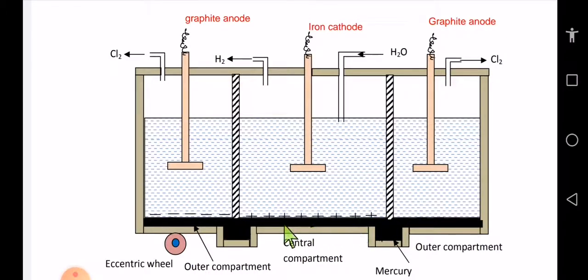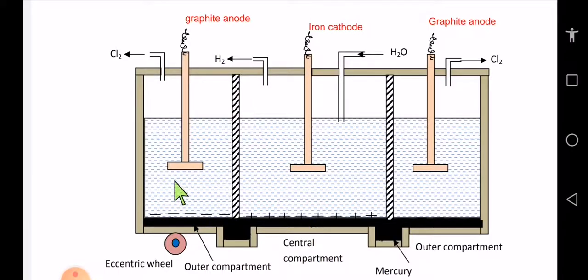This mercury acts as cathode in the outer compartments, minus, while it acts as anode in the central compartment. Okay, when electricity is applied across the electrodes,